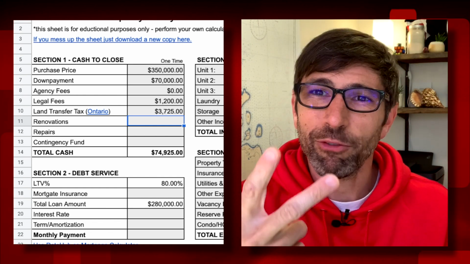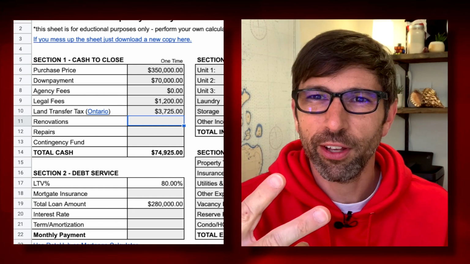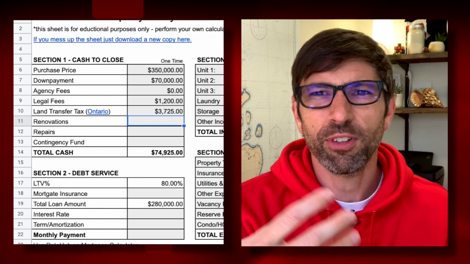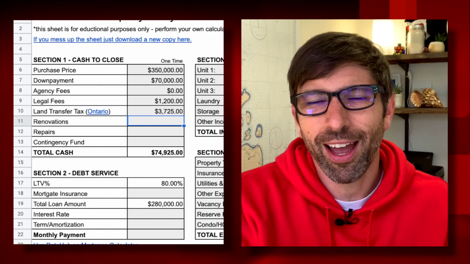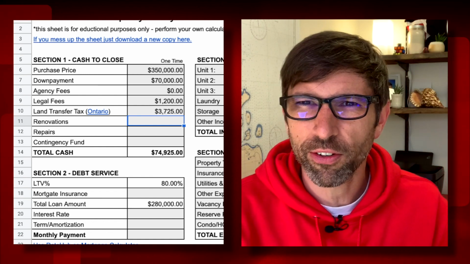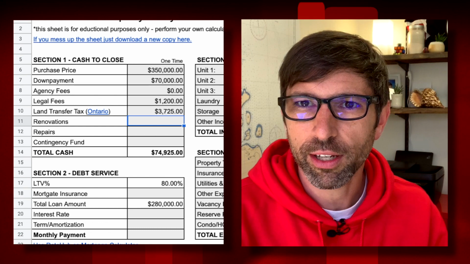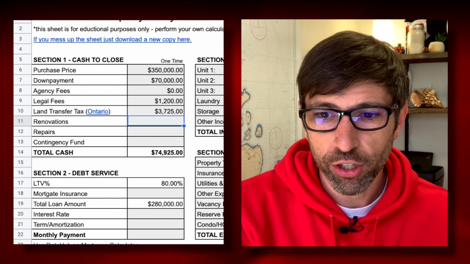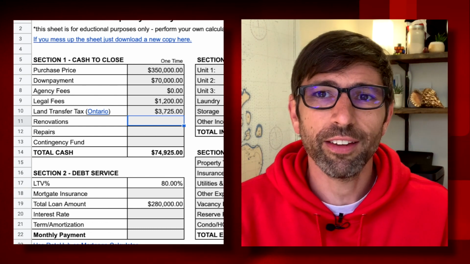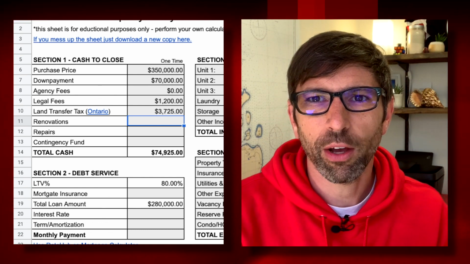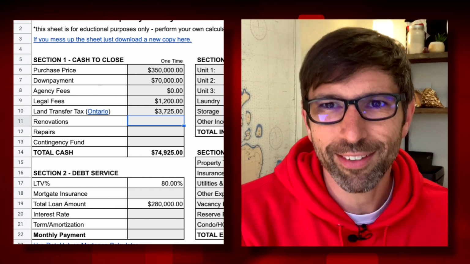To me, I have two columns because I like to think of repairs as things that I've got to spend money on, but they're not really changing the value of the house. Just some simple fix-ups, some simple changes. But if I called out an appraiser to reappraise the house, I'm not going to see my money back. It's just a little bit of cash I need to put into the house. Versus a renovation, for me, is something that is improving the value of the house. So I'm actually investing more capital into the house to make it go up in value, at least that amount